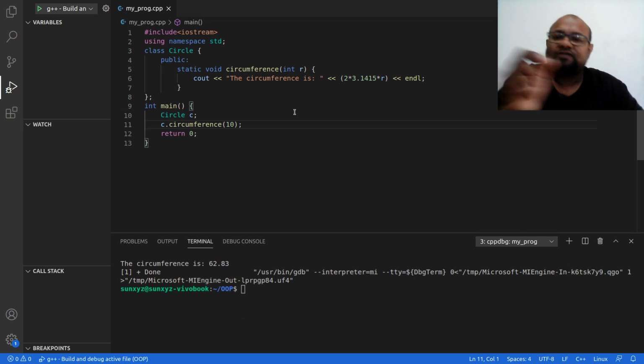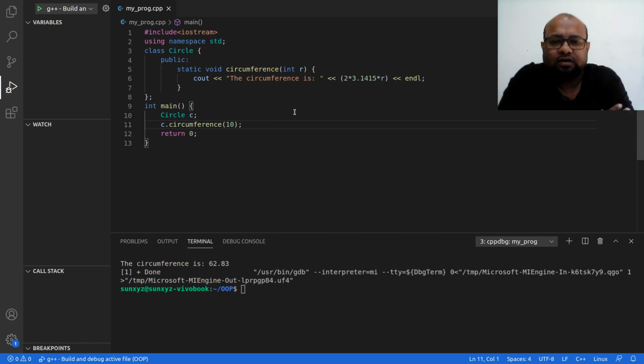Now, the advantage. You might be wondering, if there is no difference, then what is the point of creating such a method? So, the advantage is this. I am going to find the circumference of a circle. I am going to pass some radius, and then this method is going to print out the circumference of that circle.